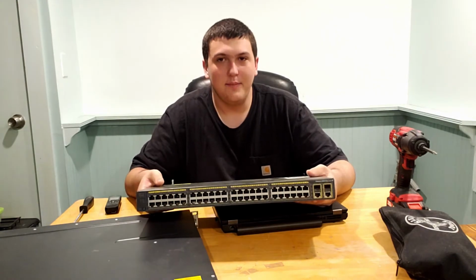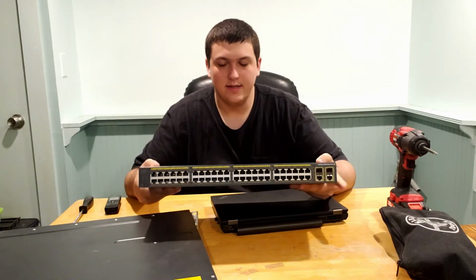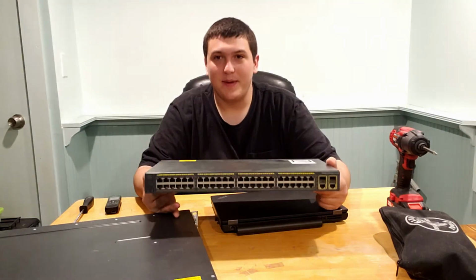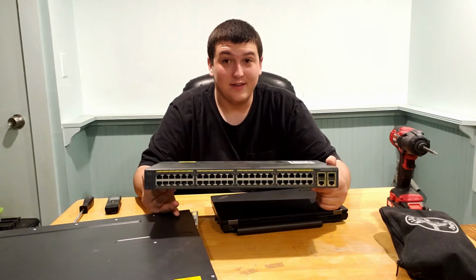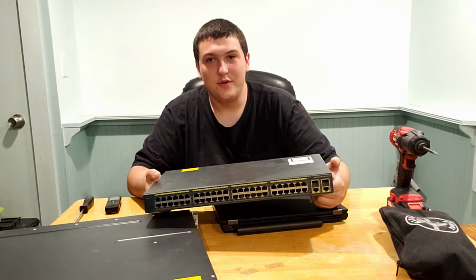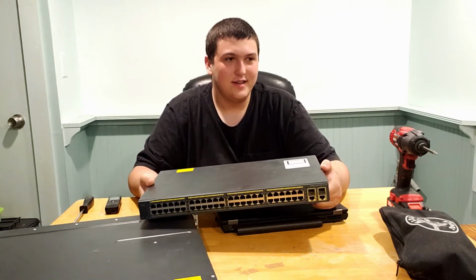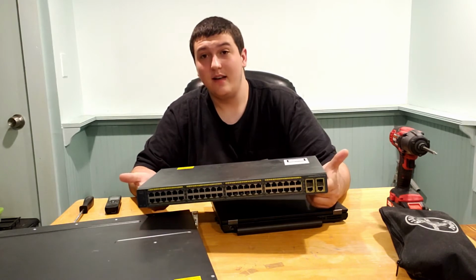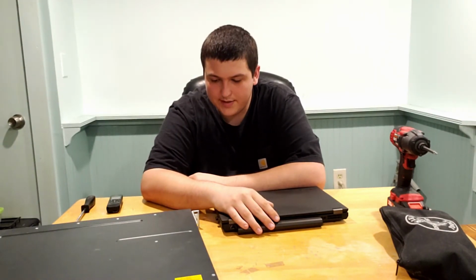About a month ago, I made a video about this. This is a network switch, a 50-port Cisco network switch. This let me expand my network a lot. However, since this switch was so old, it was only 100 meg, which, I don't have gigabit at my house, but it's still about a third of my bandwidth. And at the time I said that was okay, but come to find out, after using it for a few weeks,